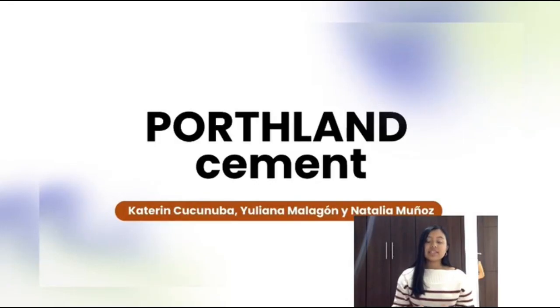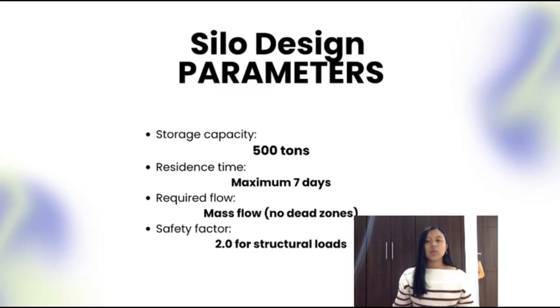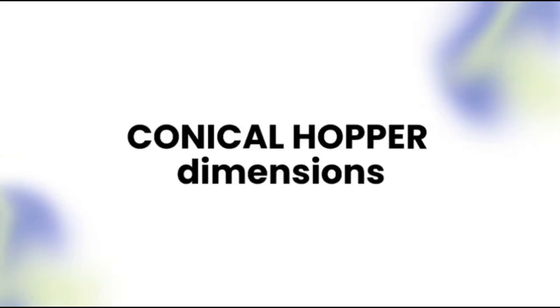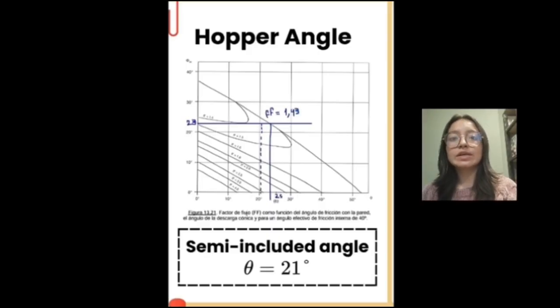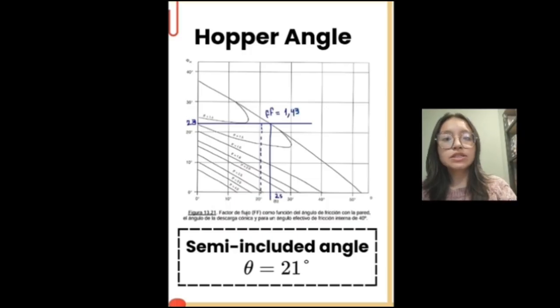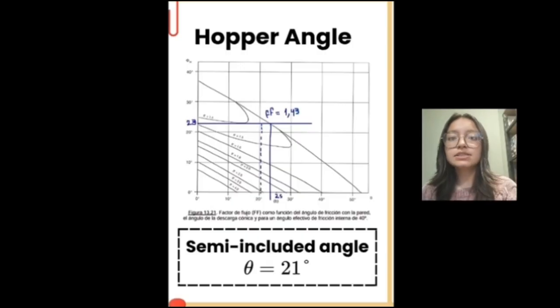Hi everyone, this is the second deliverable of the Portland cement silo project. These are the conditions with which the silo was designed. To perform the calculation, we start with the dimension of the conical hopper. Initially, we analyze the flow factor graph at 40 degrees, taking into account the wall friction angle of 22 degrees and the internal friction